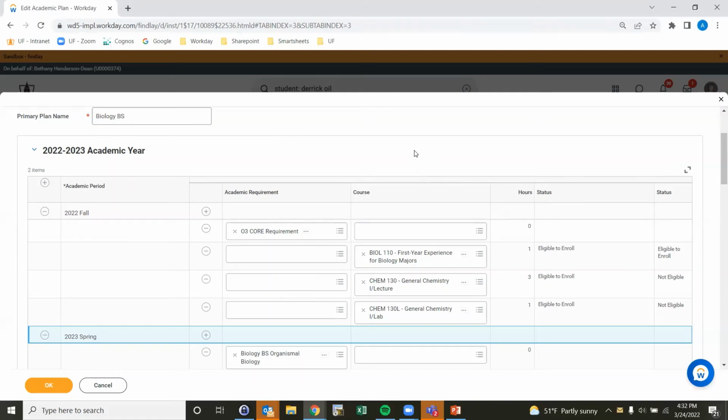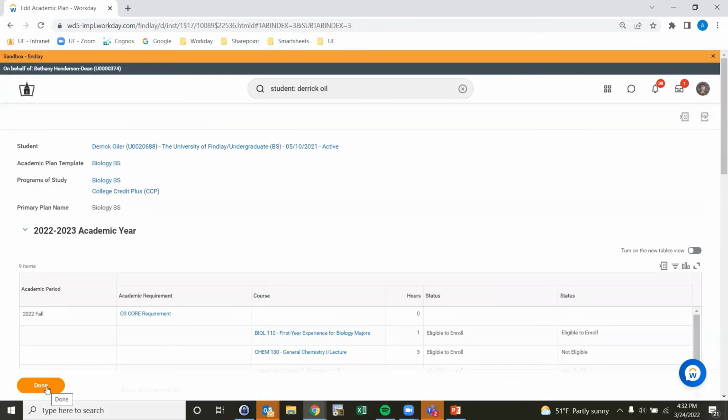Before you've completely finished updating the student's academic plan, you will have to supply a course here that meets the O3 core requirement, if a line like this exists on the student's academic plan. In order to find course sections that meet the O3 core requirement, we're going to look at the Find Course Sections report. So we'll leave the academic plan as it is for now and click OK, and we'll also click